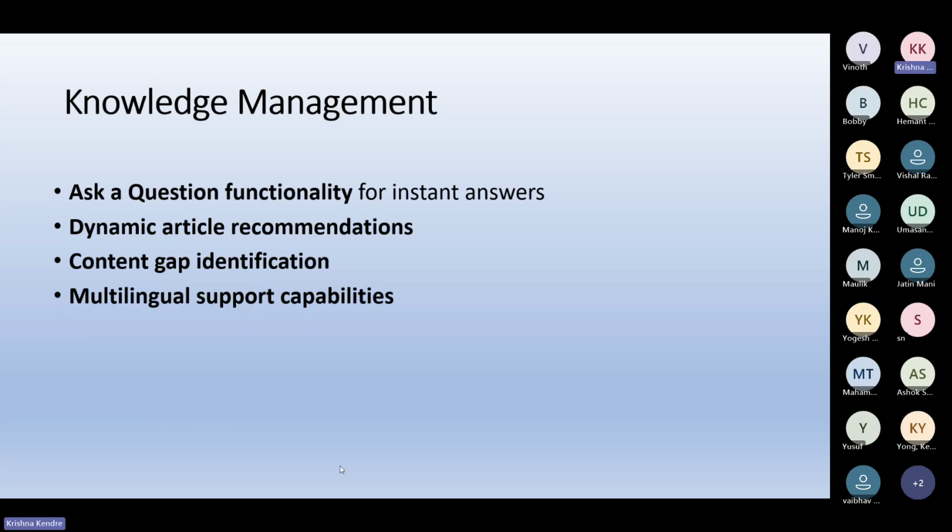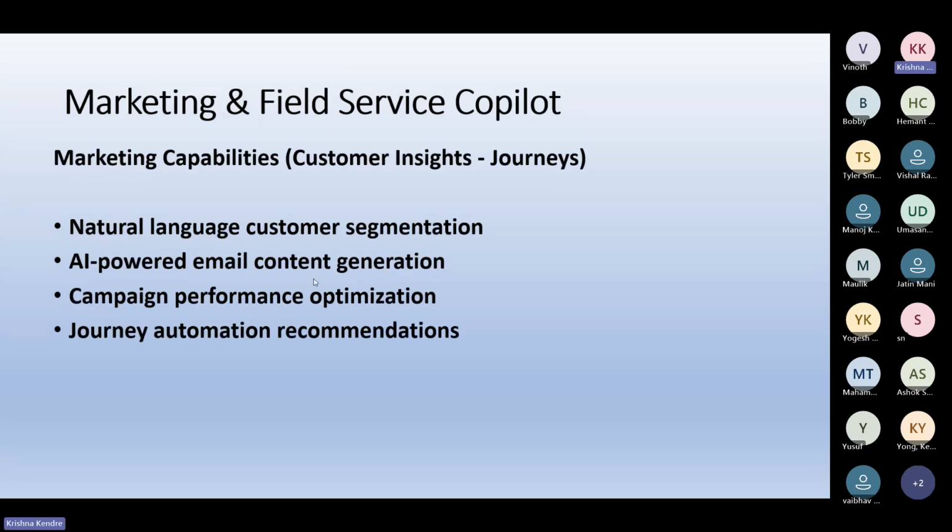Marketing and field service Copilot, where natural language customer segmentation. Copilot uses natural language processing to analyze the customer data and automatically segment audiences based on preferences, behaviors, and demographics. Marketers can describe and design segments in simple language, and Copilot will generate targeted lists, making campaign planning faster